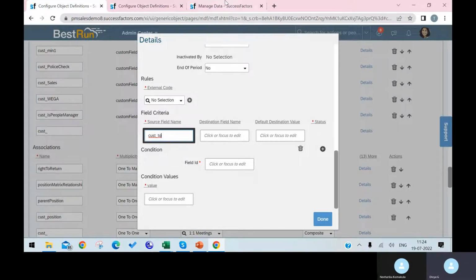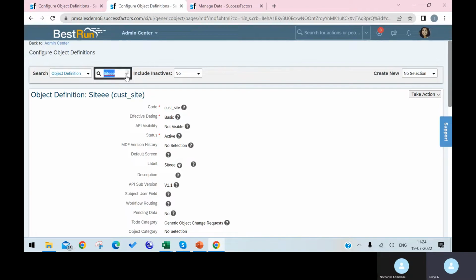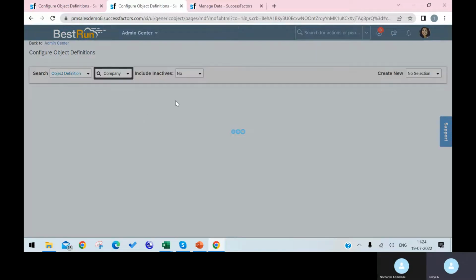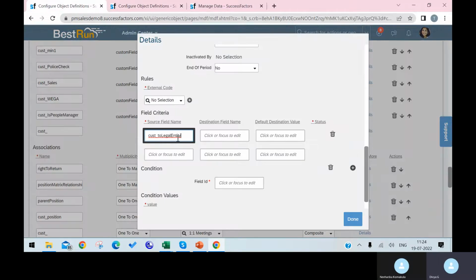For example, I am going to add to legal entity. I'll select company, I'll select this legal entity, dot internal ID. Okay, internal ID, and the destination will be